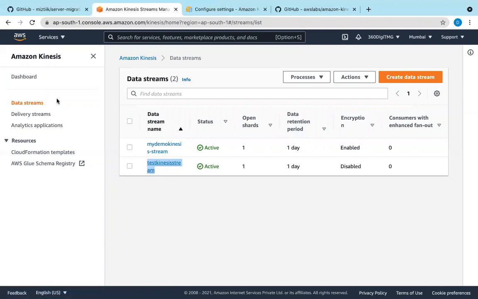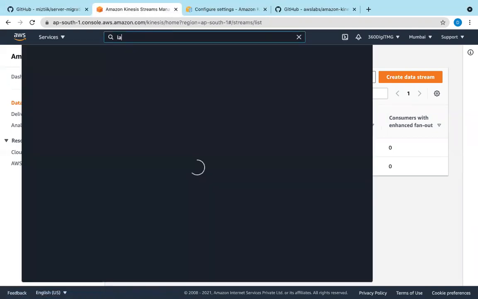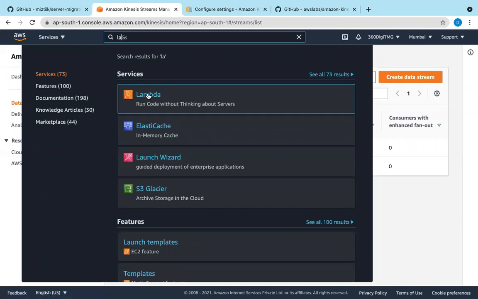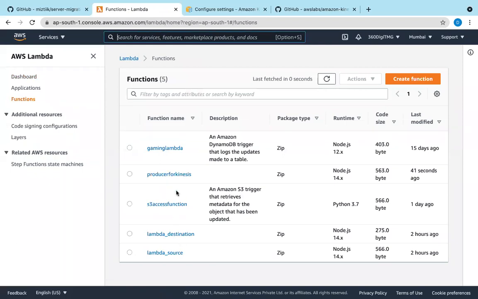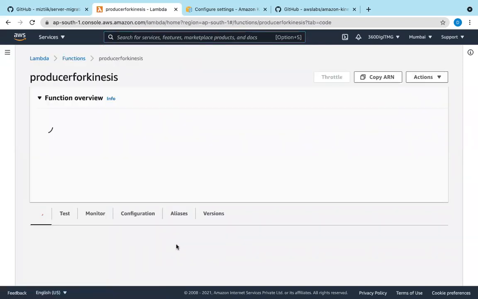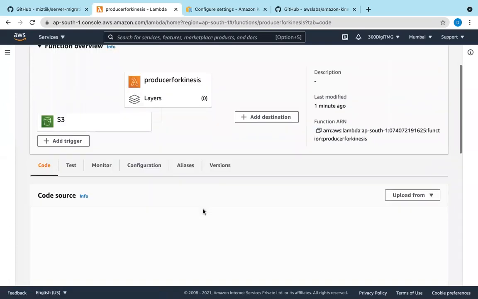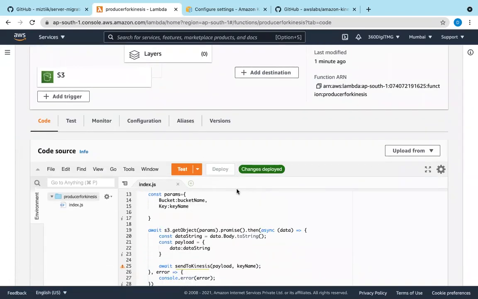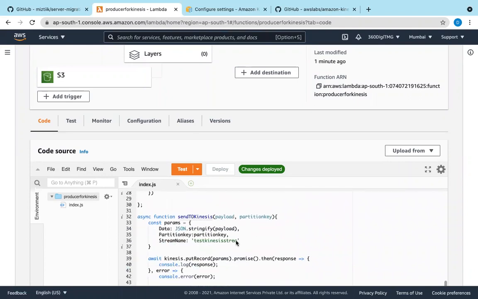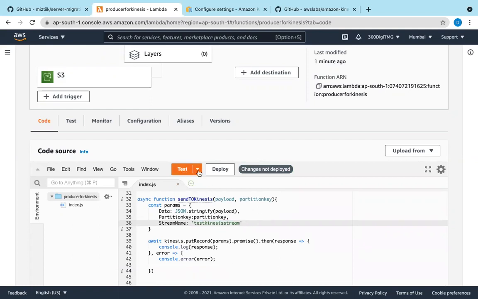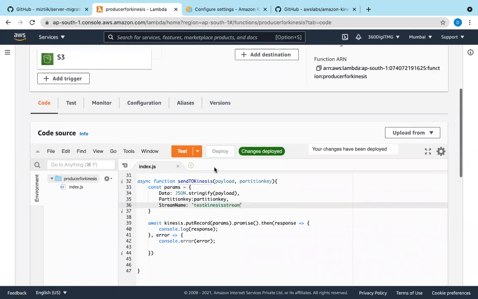Here, the name has to be the same in the Lambda function. Okay, done.